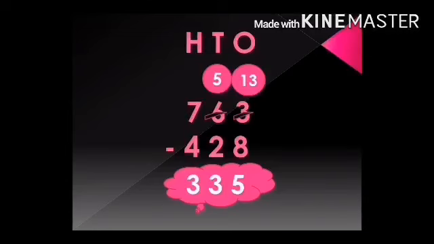At the tens place, for subtracting 2 from 5, start counting from 3 up to 5. 3, 4, 5. How many fingers? 3 fingers. So, write 3 under the tens column. At the hundreds place, for subtracting 4 from 7, start counting from 5. 5, 6, 7. Now, count the fingers. Yes, 3 fingers are here. Write 3 under the hundreds column. We get 335 as the answer.